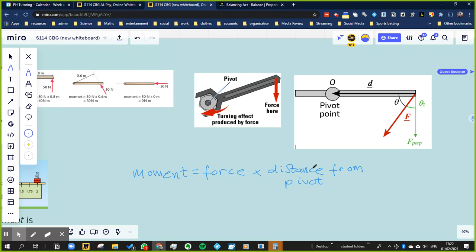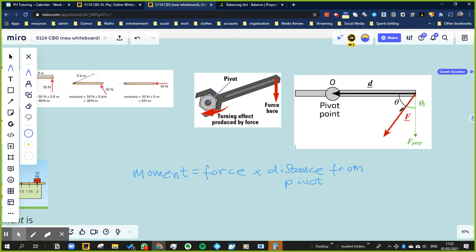Now, the difference being is that this force and this distance have to be perpendicular to each other. And if they're not, then you have to take the components. So a while ago, we looked at taking components of forces. If we look on this one on the right,